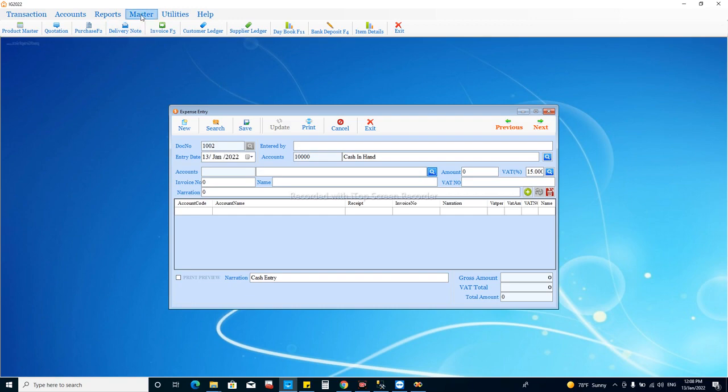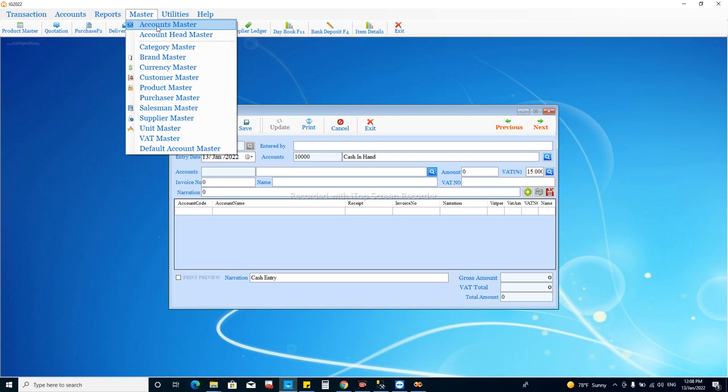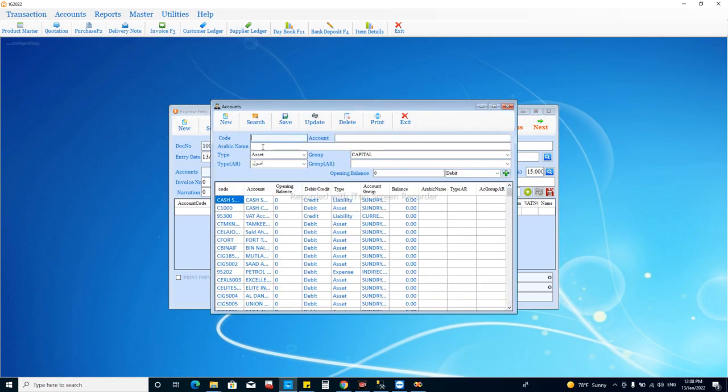We have a facility in master for the accounts master. We will open this facility and use this window to create our chart of accounts. This is a basic style chart of accounts we can create from here. There are four components of a chart of accounts: assets, expenses, income and liability. All these accounts can be created over here by entering the code for the account, the title of the account, the title of the account in Arabic, and the group of the account you can choose from here, and then save the account.